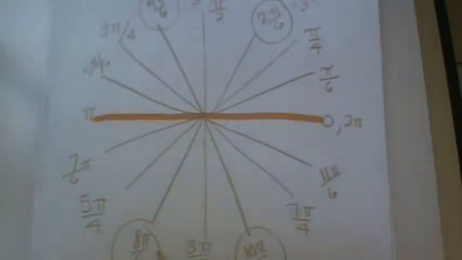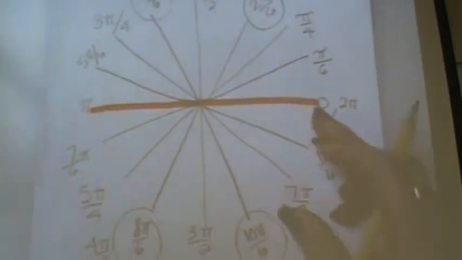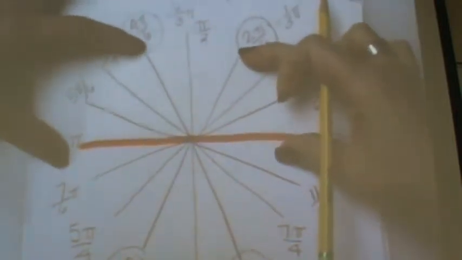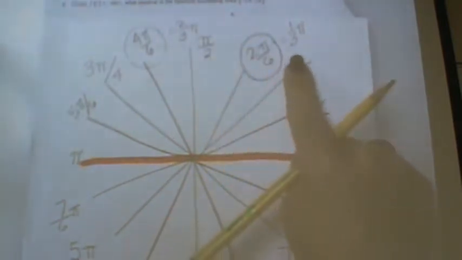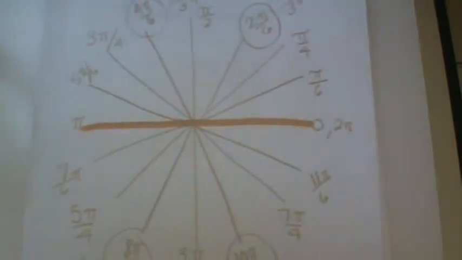This is what? 4/3 off the x-axis. And this is 5/3. So all of the 60-degree angles that are measured off the x-axis have 3's at the bottom of them once they're reduced. You got that? Okay, so now